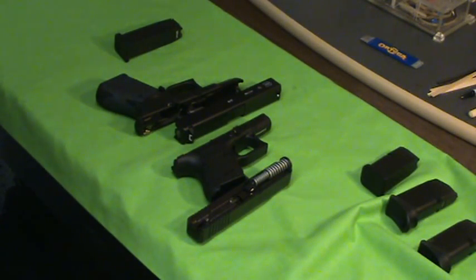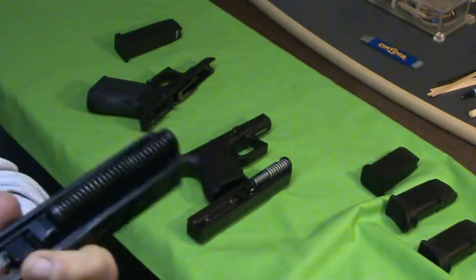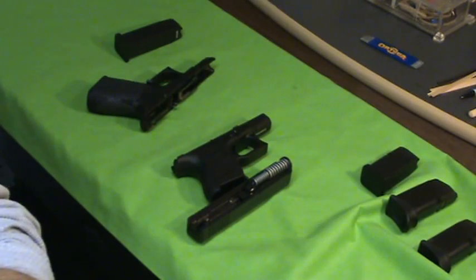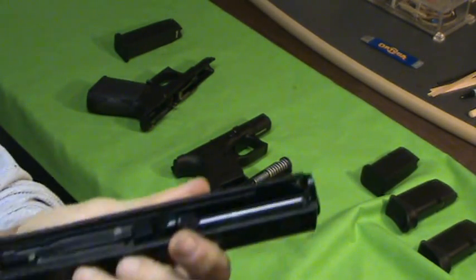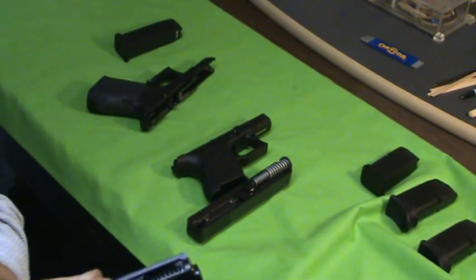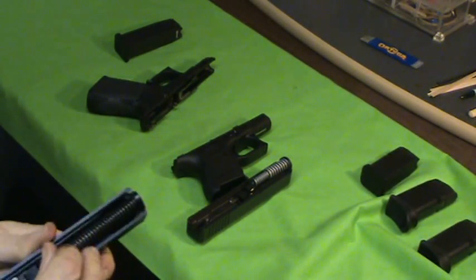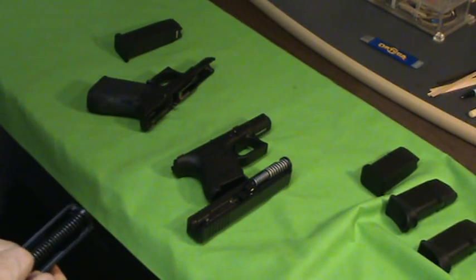What's the biggest difference that people notice between them? This is a Gen 3 Glock 19. They did change the recoil springs on these to a dual recoil spring. And besides the back straps and everything else that goes with the new Glock Gen 4s,